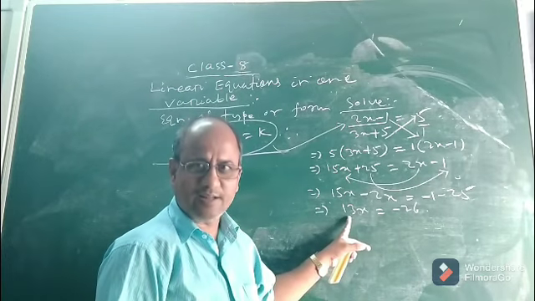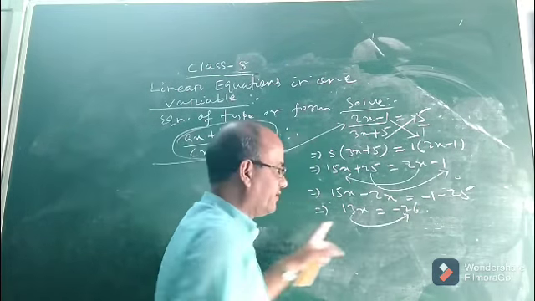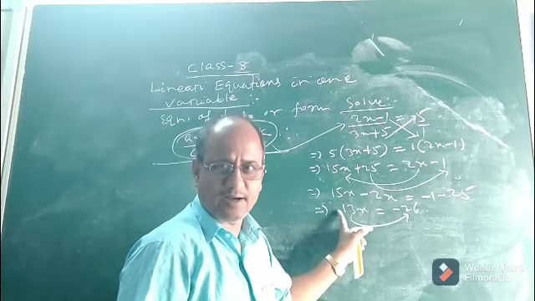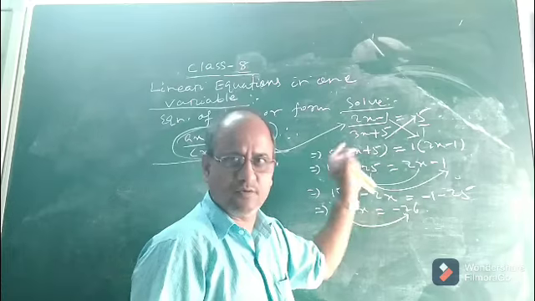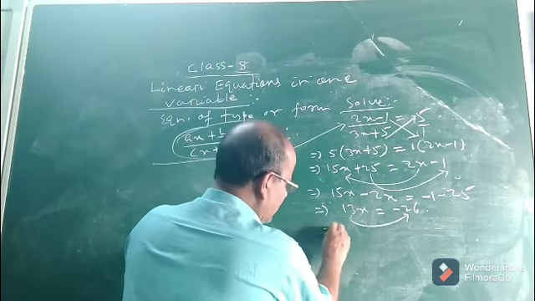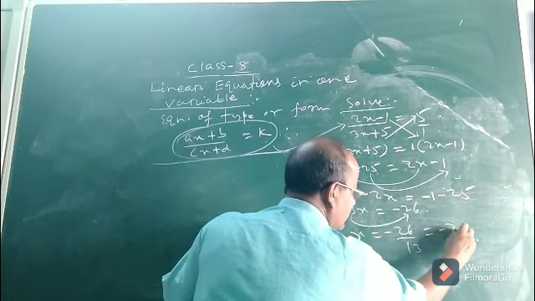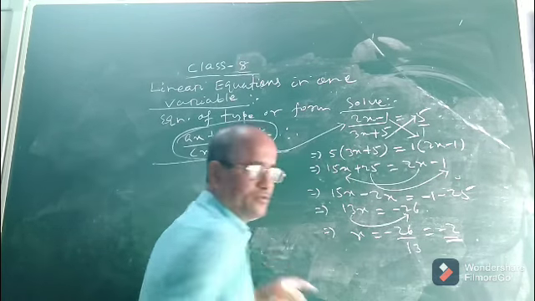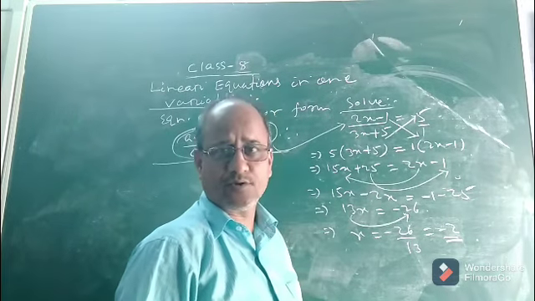You see, x is multiplied by 13 here. Take 13 to the right hand side. It will be divided, because it is multiplied on the left hand side; if it goes to the right hand side, it will be divided. This thing we had read in class 7. So x will be equal to minus 26 by 13, that is minus 2. See, this is the solution or answer, the root. So x equal to minus 2 is the solution of this particular equation.